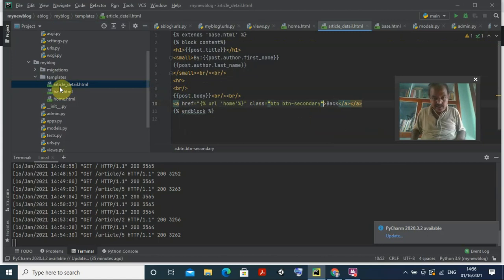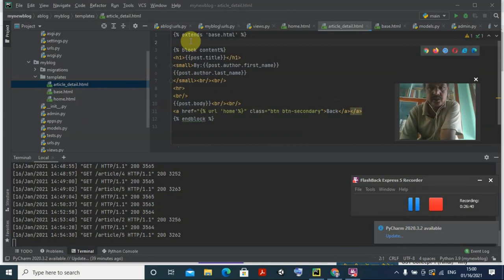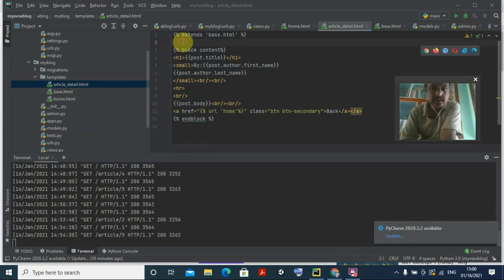In article_detail.html, what you find, we already put all the things, isn't it? So now, instead of writing the title, what are the things you are writing? So by author is there, and here I am writing... So what we can do here, if you see it here, I put it here, and then just follow the same thing.